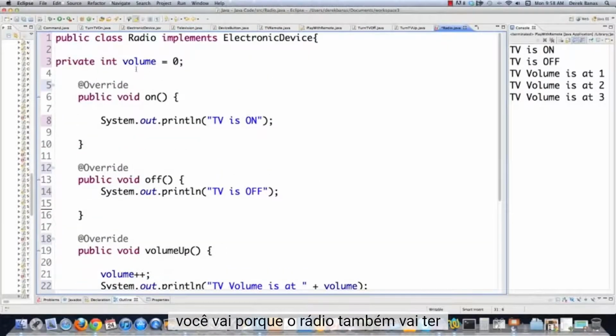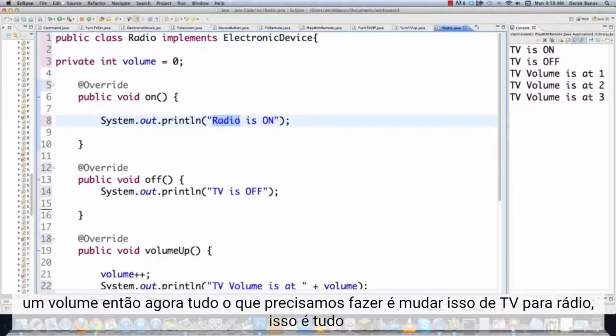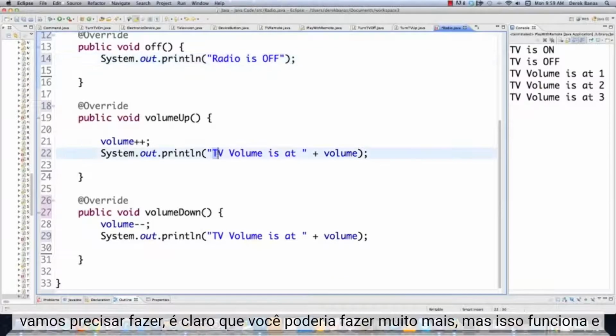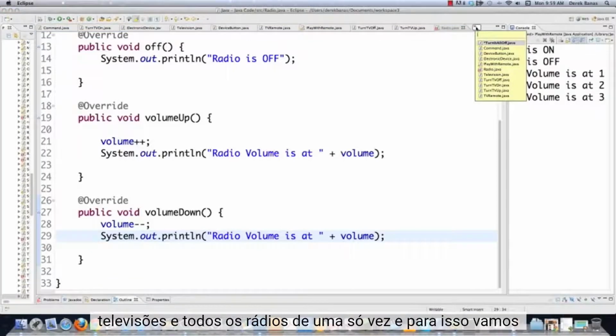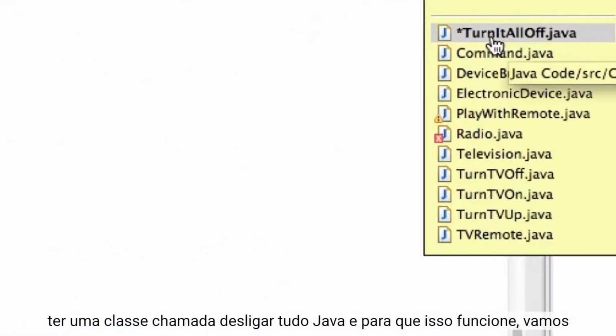There you go, because the radio is also going to have a volume. So now all we need to do is change this from TV to radio. And that's all we're going to need to do. Of course, you could do a lot more, but that works. And then we're also going to create the capability to turn off all the televisions and all the radios all at one time. And to do that, we're going to have a class called